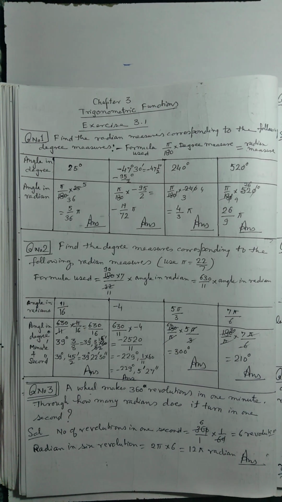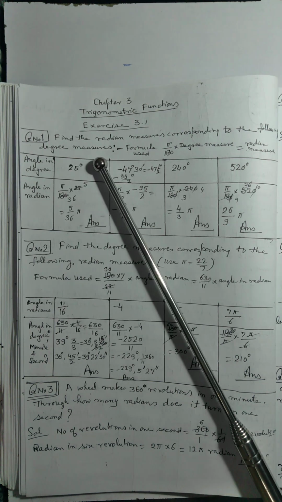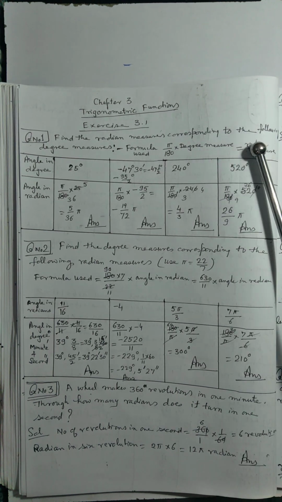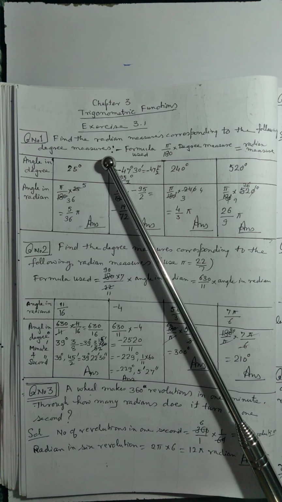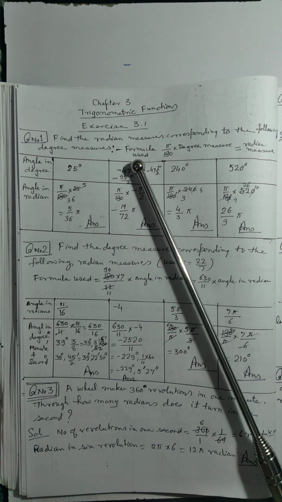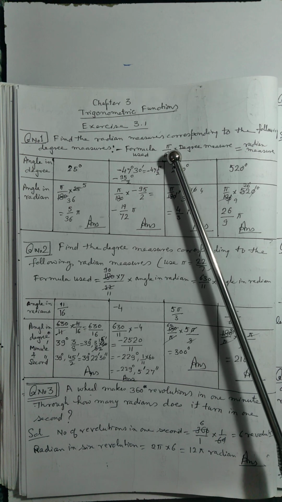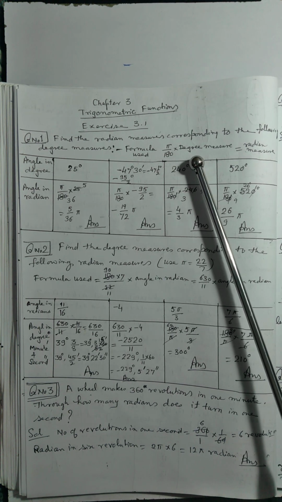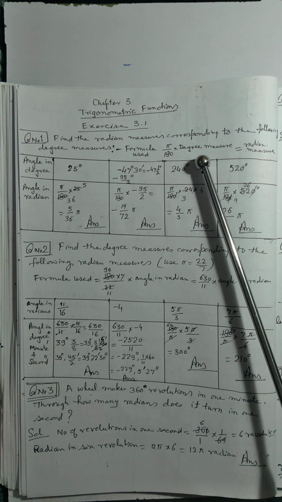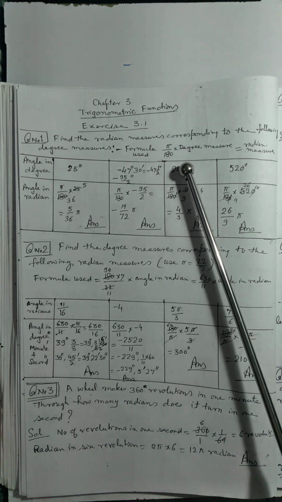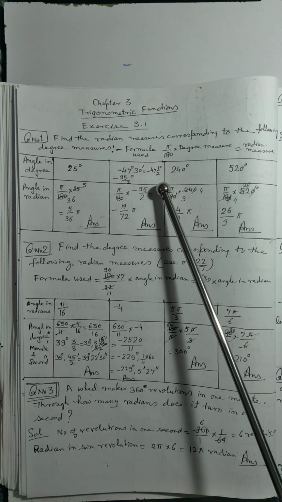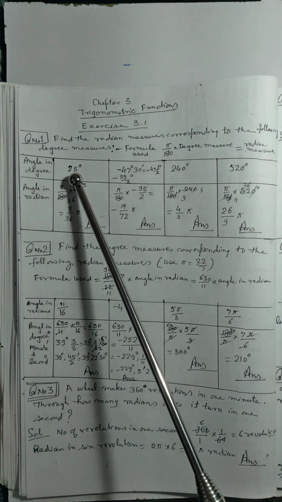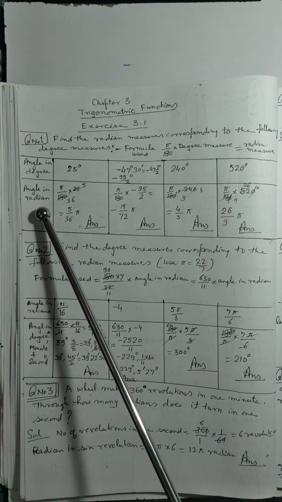CBSE Mathematics Class 11th Chapter 3 Trigonometry Exercise 3.1 Question number 1. Find the radian measure corresponding to the following degree measure. अब यहाँ पर जो फार्मूला यूज करेंगे हम π/180 इंटू डिग्री मेजर, जो एंगल का मेजरमेंट डिग्री में दिया है उसको हम रेडियन में कैसे बदली करेंगे. देखिए, फर्स्ट एंगल जो दिया हुआ है 25 डिग्री, इसको हमने चेंज किया है